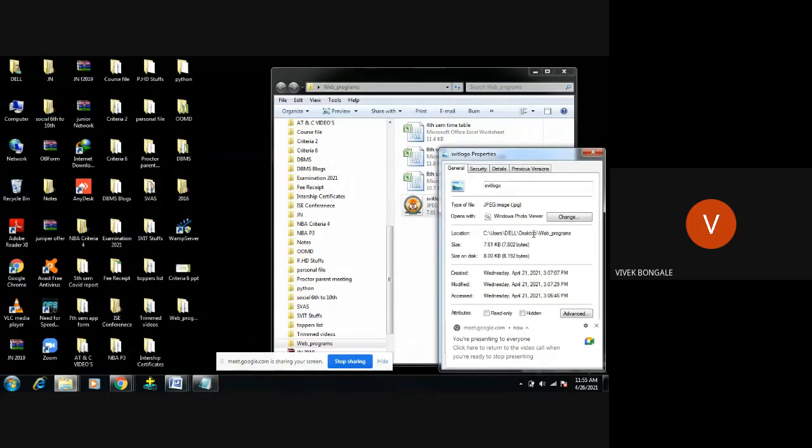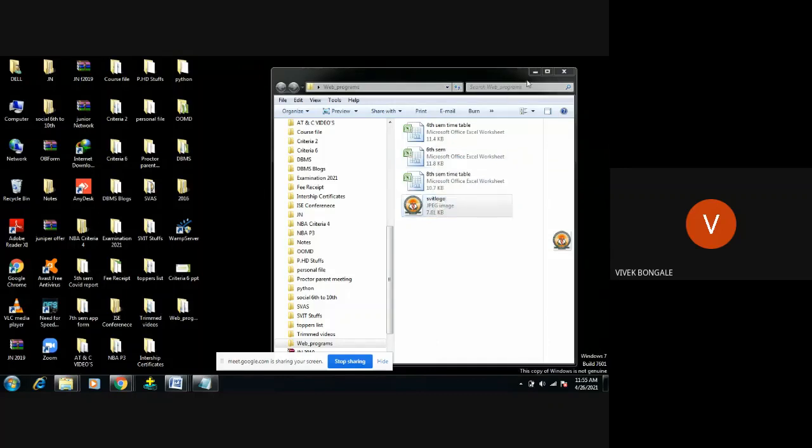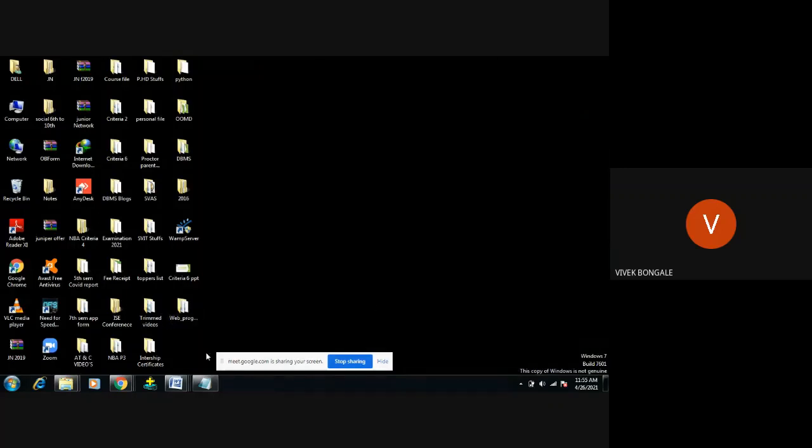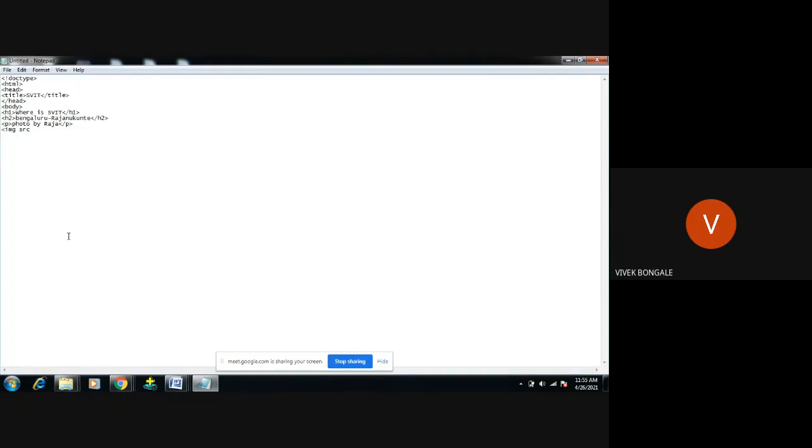In this path I can find this image by the name SVIT logo. I can use the same path name, or we can directly use only the logo name. We'll try with only the logo name first, and later try with the whole path. SVIT logo dot jpg, that is in JPG format.